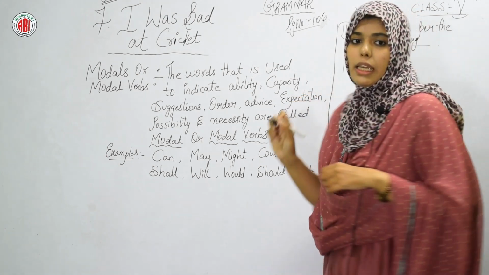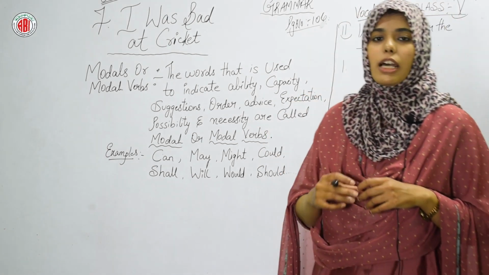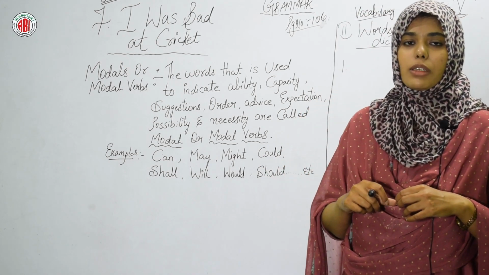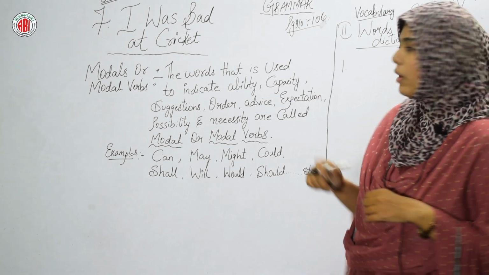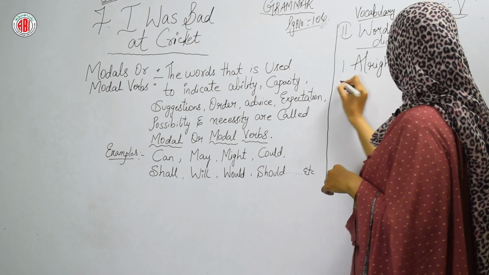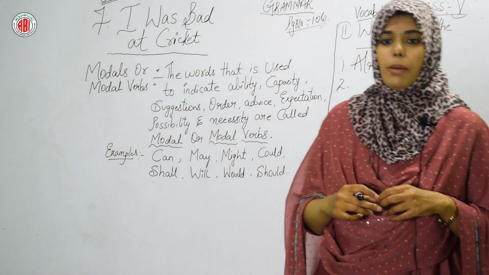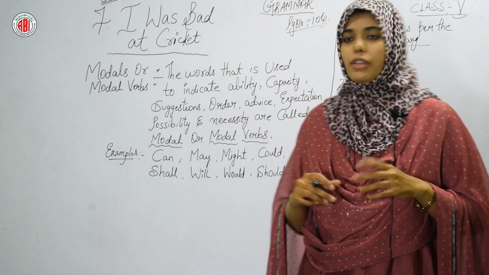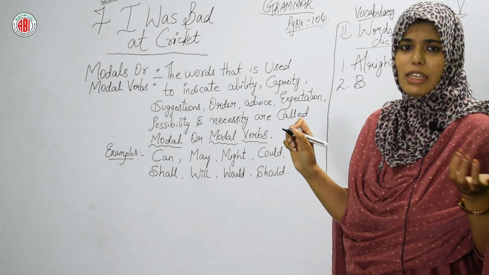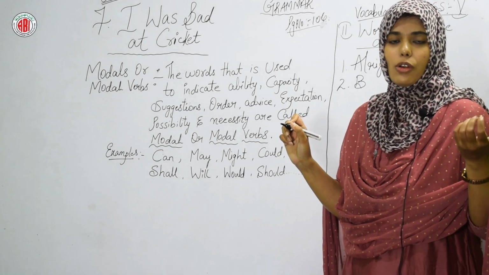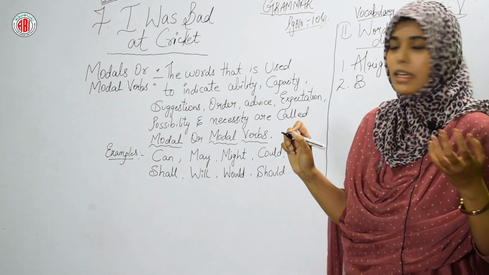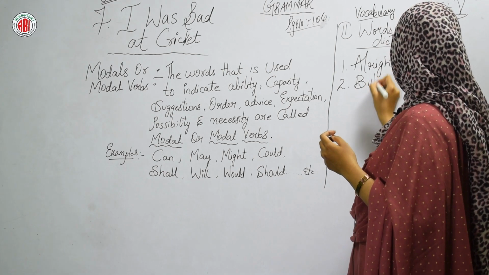Okay, so the first one, so many words are there. We have to start from the alphabet A. Let's see what the first word which starts from A is: all right. Next is B. From B, the word given here is butterfingers. Butterfingers is nothing but slippery hands. If anyone is having slippery fingers, they could not hold a thing properly. Things will drop out from their hands very quickly and many times. That is called butterfingers.